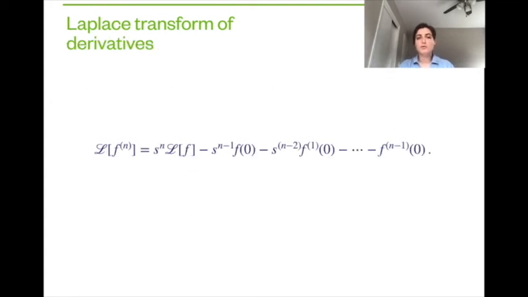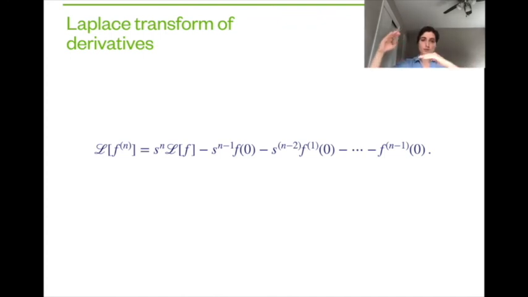I will also introduce the Laplace transform of derivatives. We have seen how the first derivative goes. It's actually a recursive formula. So the Laplace transform of the nth derivative of f is a sum of terms in which the first term is the Laplace transform of f times s to the power n, and then we subtract f computed at 0 times s to the n minus 1,